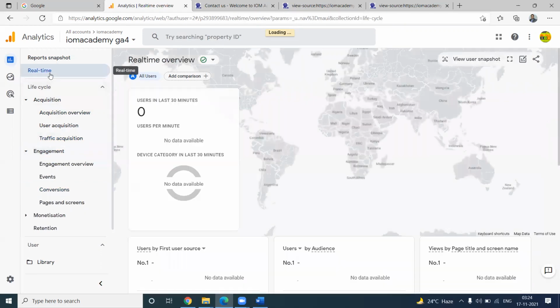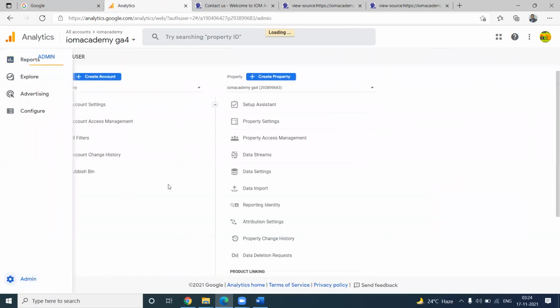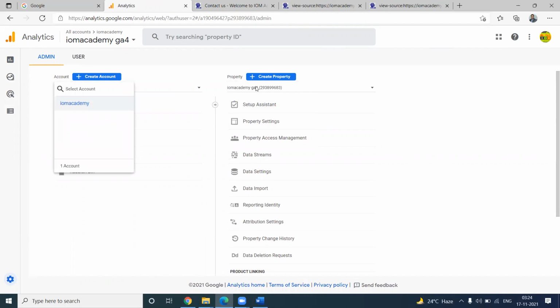Real time we can always find here, which is nothing but checking live traffic, where the users are coming from to your website. So how to open this: go to the admin panel. One is GA4, one is universal. The account is only one, that is the IOM Academy option. So in Google Analytics, we have two variants.